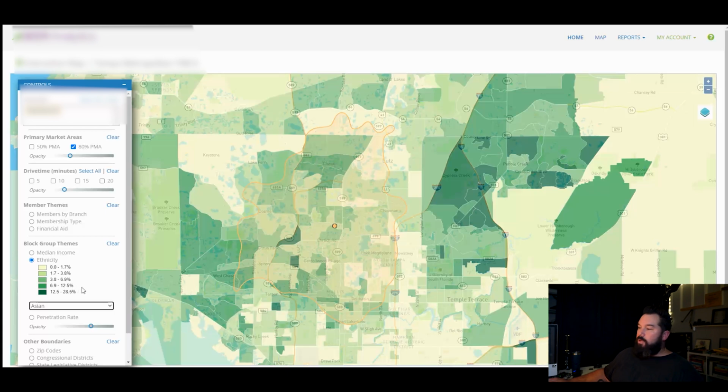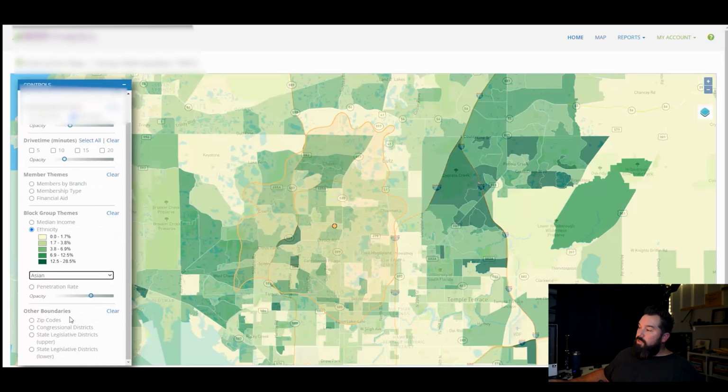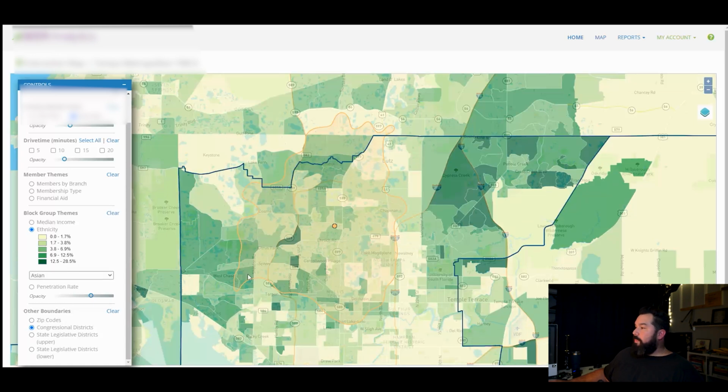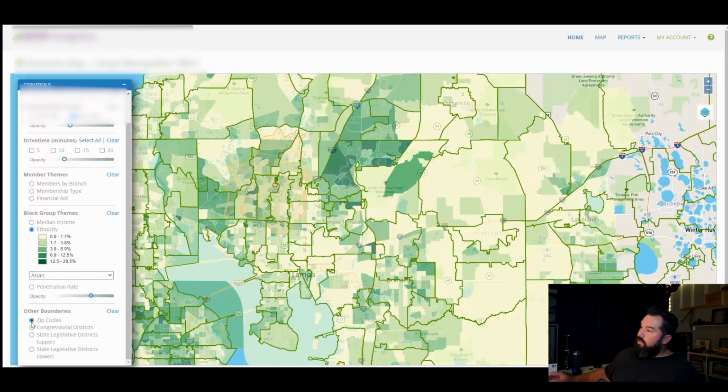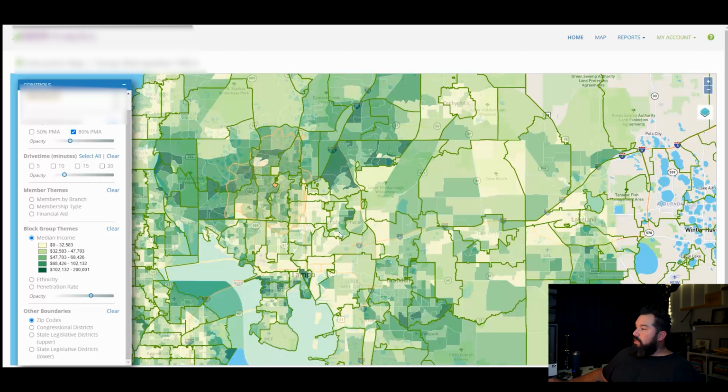Penetration rate as well. How well are you doing inside of a block group from your customer base? That's also very interesting. And then of course, the standard zip code. One thing that is really cool about zip codes that paints a really good picture when it comes to block groups, we'll go up here, is if we look